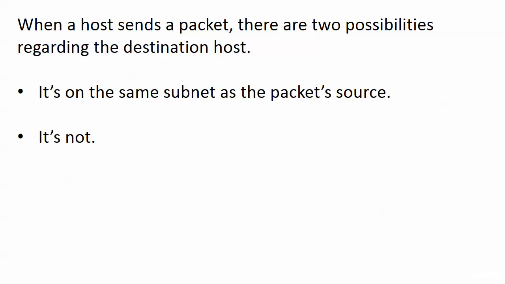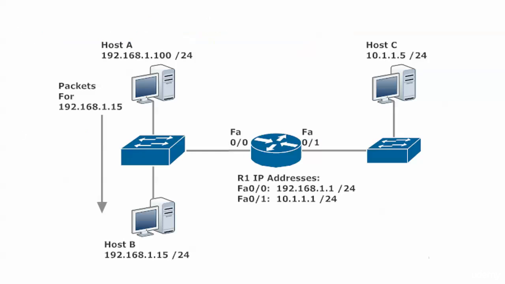First, from the point of view of the host. Now, when the host sends a packet, there are two possibilities regarding the destination host. It's either on the same subnet as that packet source, or it's not. Not to be a smart aleck, but those are the only two choices. It's either on the same subnet or it's not. And that does impact how the packet is handled. Because if a host is sending packets to a destination IP address that's on the same subnet, there's really no routing involved. And what's going to happen is, in effect, the packets in this network are going to go straight